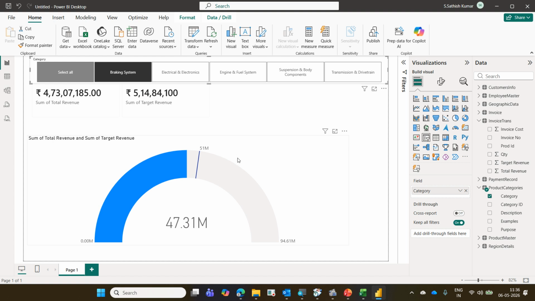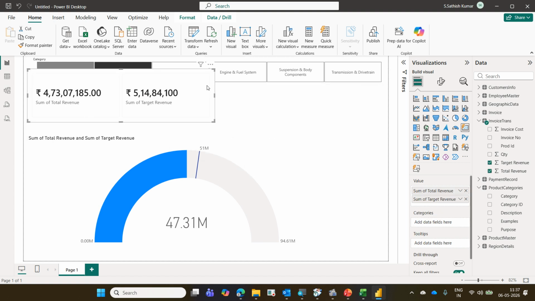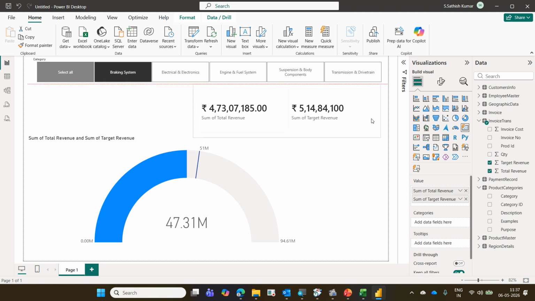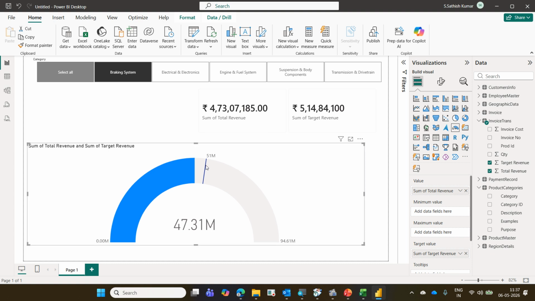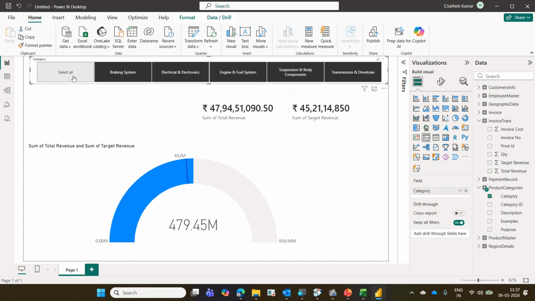Visually you can present. This is one method. You can show the card here, actual versus plan. Another method is you can put a visual like this. Whether we are on the target, we are above the target, we achieve the target or not. You tell me how can I change this millions into the exact value? I want this million to be exact value here.